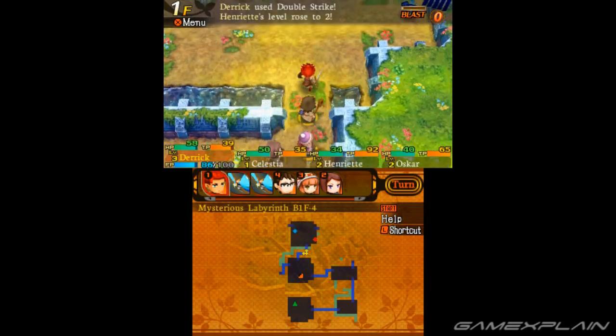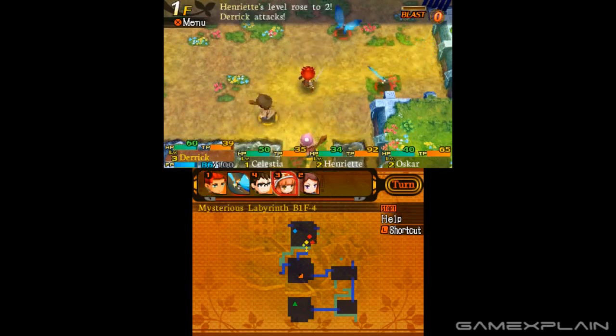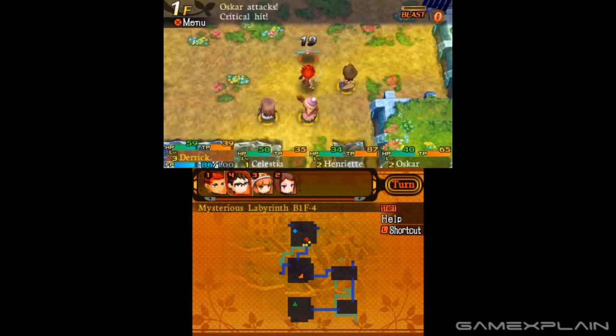Therefore, it's imperative for your leader to get in a flanking position and allow enough room for the rest of the party to surround your enemies. You can do that by either just walking around the back yourself, or issuing a command for the party to spread out. In addition, there's a system called Blast that lets you either take direct control of your party for